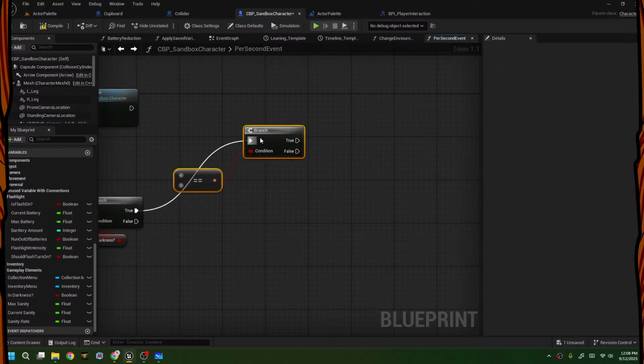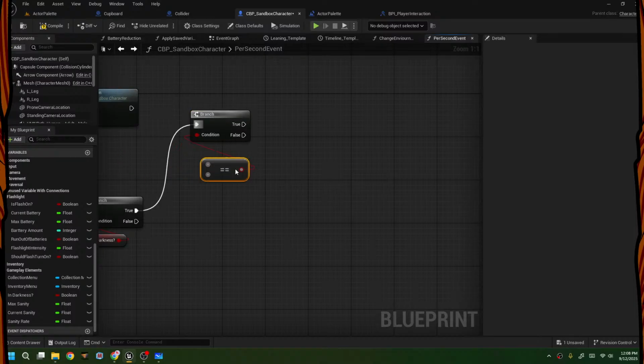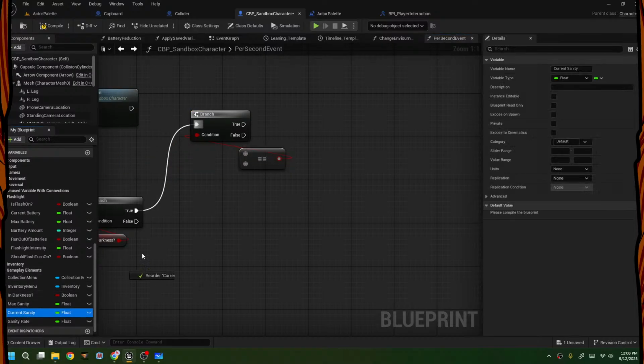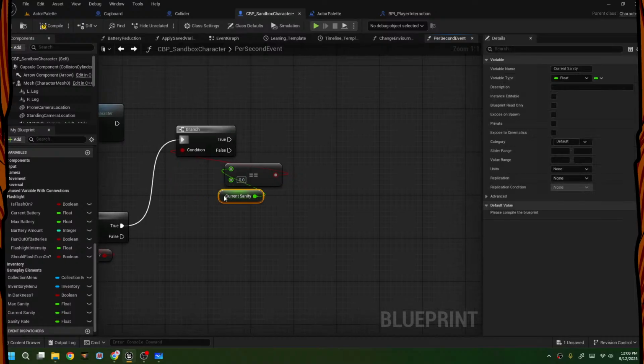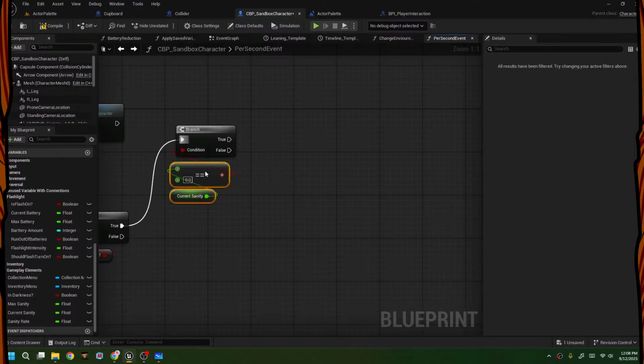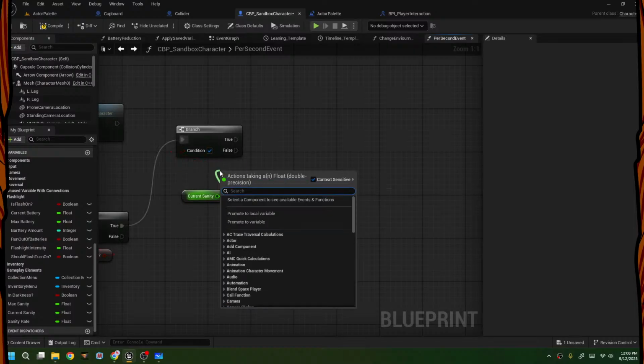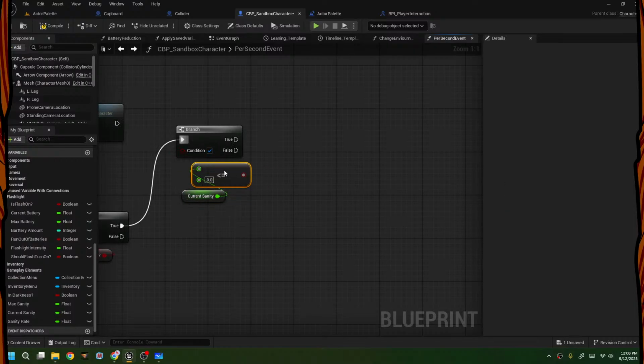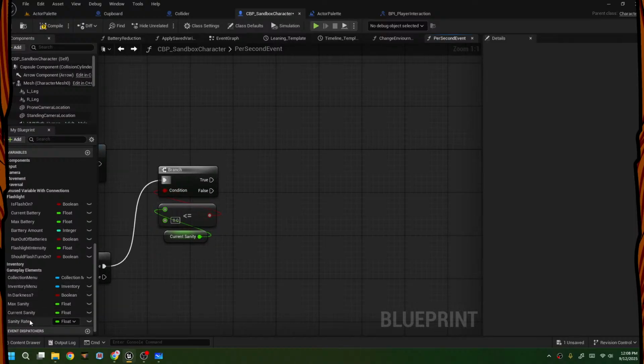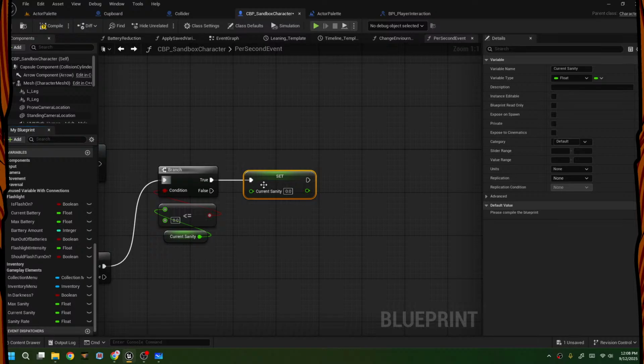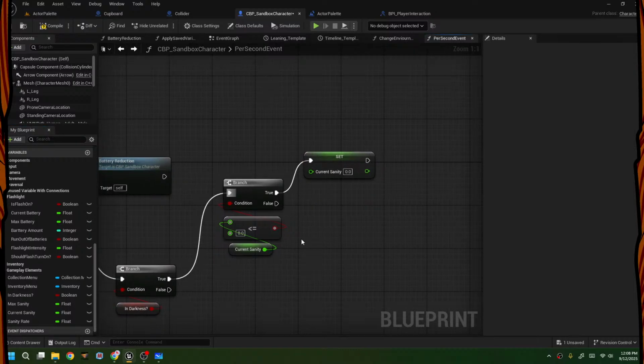So we're going to check, is the current sanity equal to 0? Equal to or below 0, less than or equal to 0. If that is, then we're going to set the current sanity to be 0,